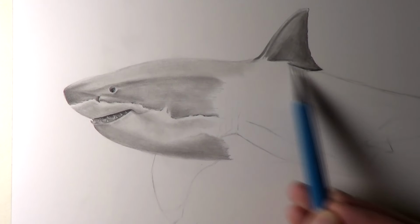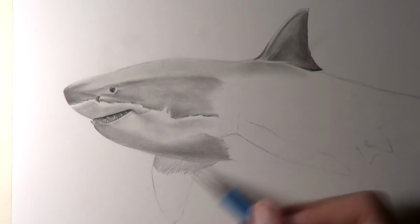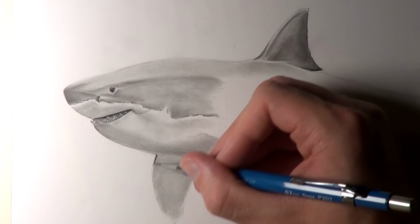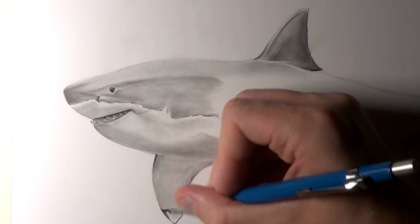After that I moved on to the pectoral fins on the side of the shark, starting off with the one on the far side, adding a medium level of shading, then using the blending stick to add some smoothness to that, and then adding the darker toned skin to the tip of the fin. And then it was time to add the shading to the fin closest to us, but